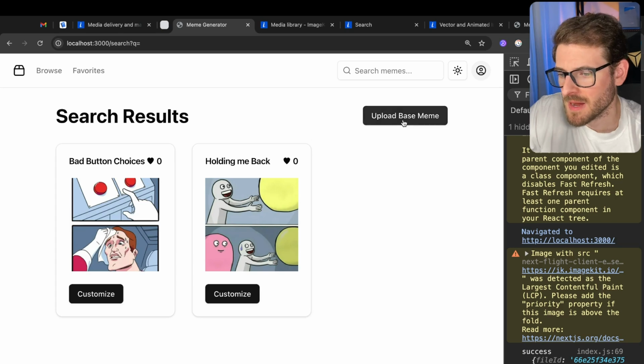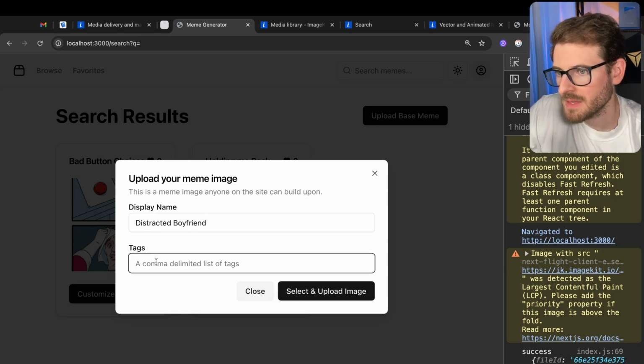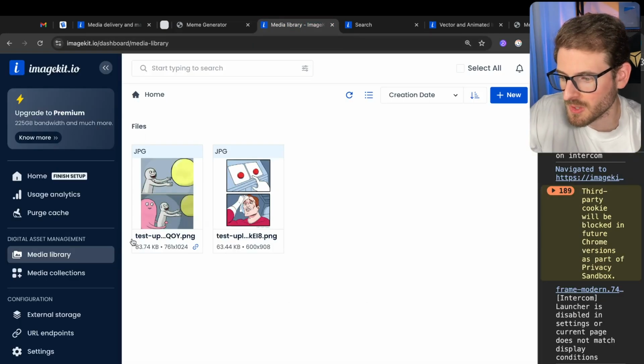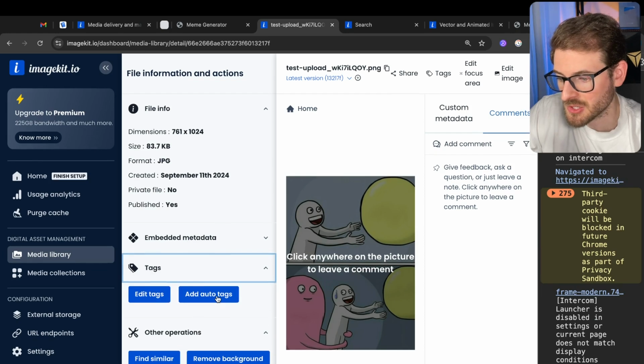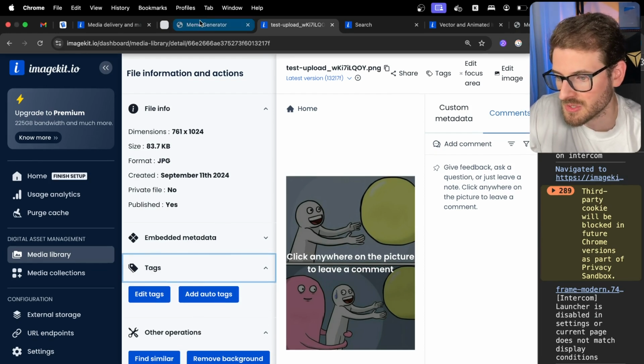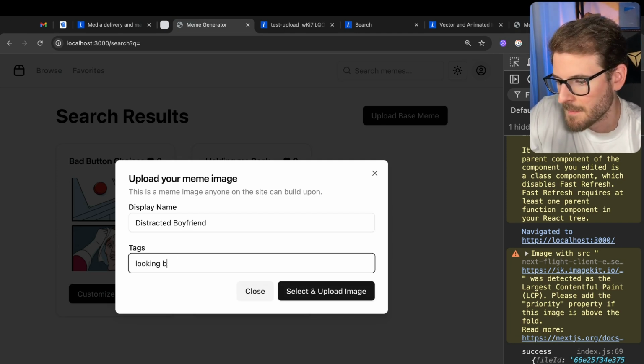So let's first start by uploading a base image meme. For the first input, we can just give a display name such as distracted boyfriend. And then the second input is for adding a comma delimited list of tags, which is all built directly into ImageKit. So like when you upload an image, you can actually manually add tags or use AI to auto tag images. But in our case, let's just add something that kind of describes the image. So I'll say like looking back, and then we could do a comma, and I can just go ahead and say like guy with girlfriend, just in case someone searches these keywords and you want this to show up,